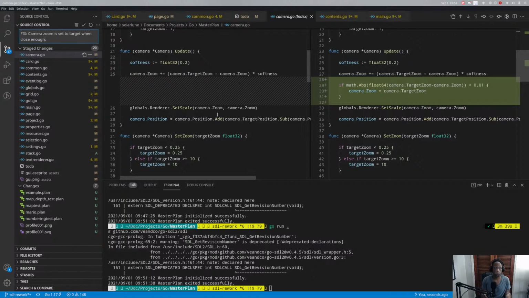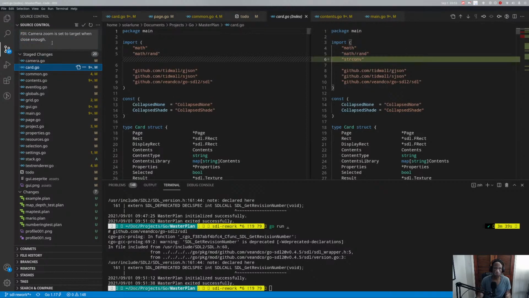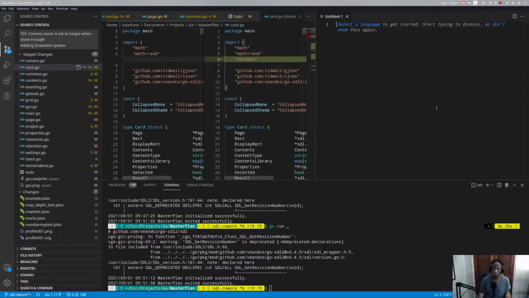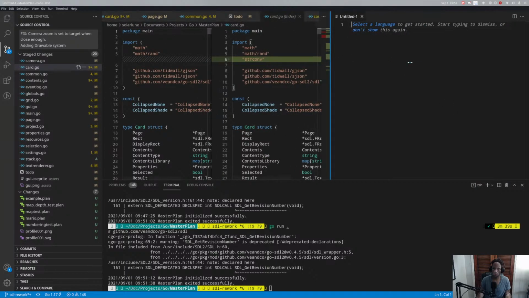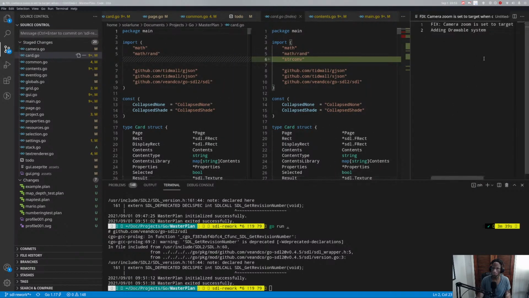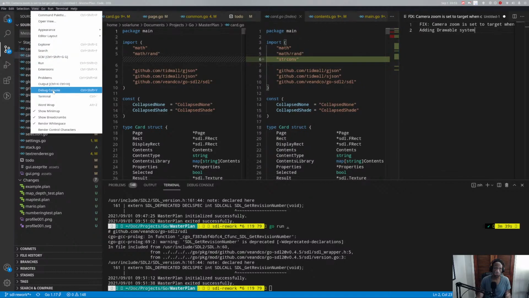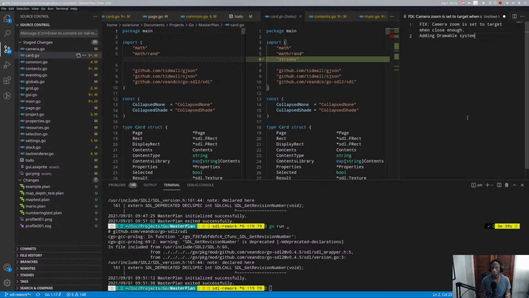Close enough. Let's see, adding drawable system. You know what? Let's do this another way. We'll just do it like this. Can I get a word wrap? Thank you. System for